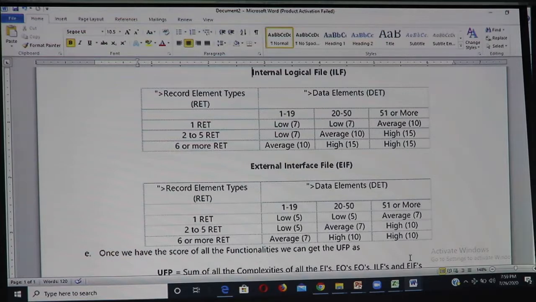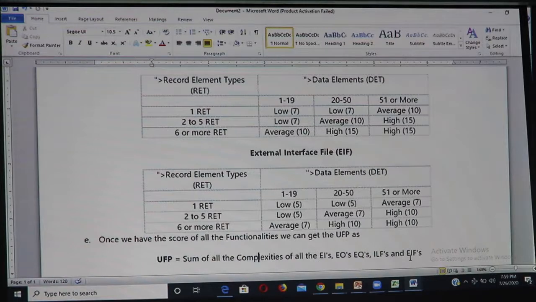In the COCOMO model, we saw the limitation: we had to assume the lines of code that are going to get generated. We never calculated the size. Here, you are actually calculating the size of the software. Now see the last line, which is very important. Unadjusted function points, UFP, and we'll come back and tell you why it is unadjusted, is nothing but the sum of all complexities of EIs, EOs, EQs, ILFs and EIFs.